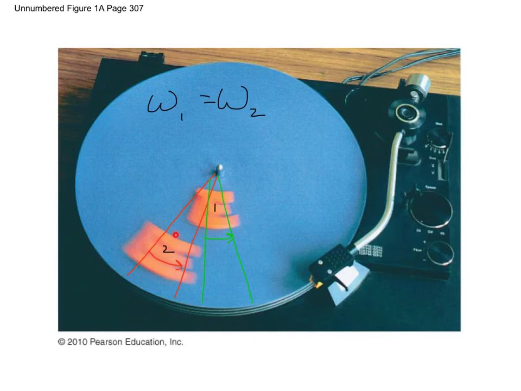The radius to this guy is out there, and the radius to this guy is right there. Clearly different radii. And so that's going to result in a different multiplier of our angular velocity, which is going to give us different linear velocities. So that means that our linear velocity of 1 is going to be, oops, I'm about to draw my greater than sign the wrong way, less than the linear velocity